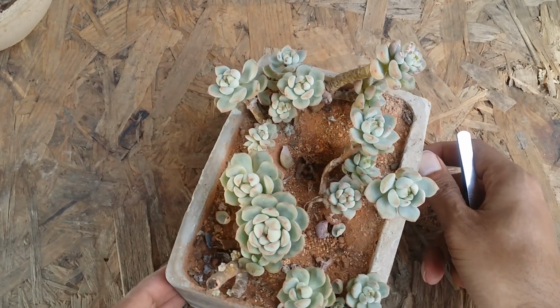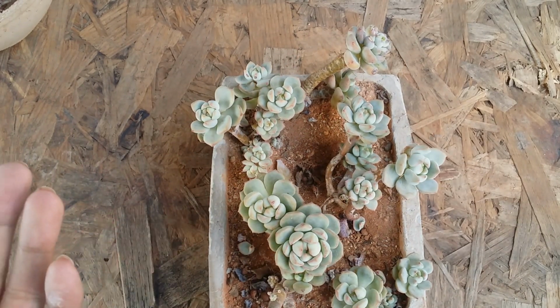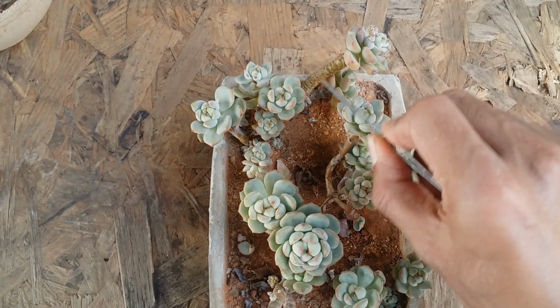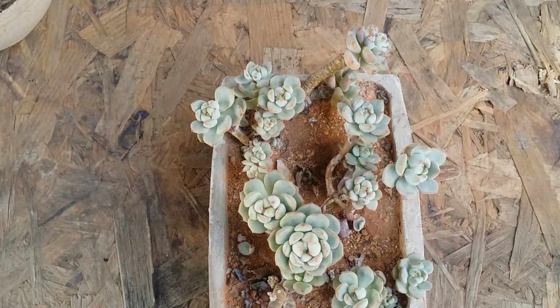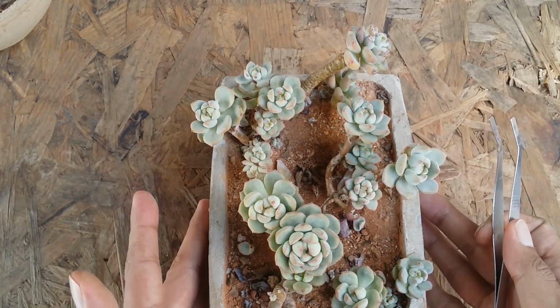it in your collection. Now I know this pot looks slightly in a bad condition. To be honest, it was in a much worse condition earlier, but right now most of the succulents have plumped up because I had not watered it for a really long time. So recently I had done a good amount of watering and now they have all plumped up, but still not